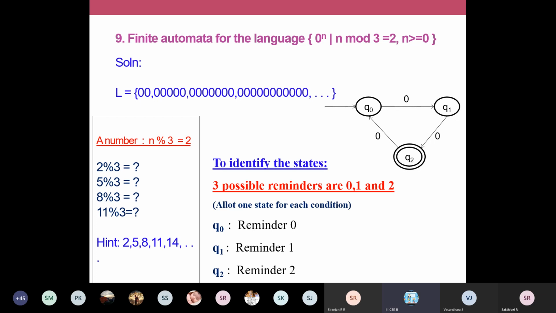So here the condition is n mod 3 equal to 2. The number of zeros you have to count, and that count, when you are taking mod 3, it should be 2. Can you give me some answer for this? N mod 3 equal to 2. What values can we get here? For example, 5 mod 3 is 2, is it not?